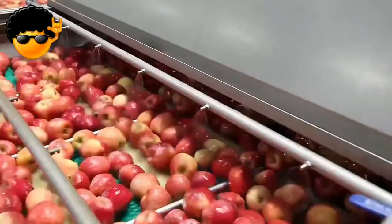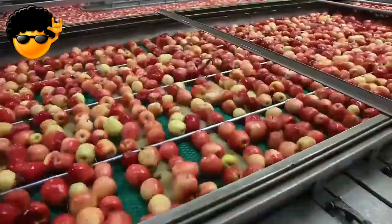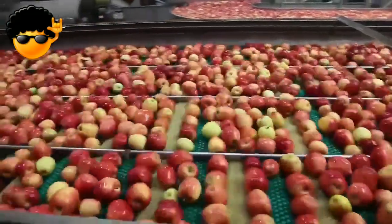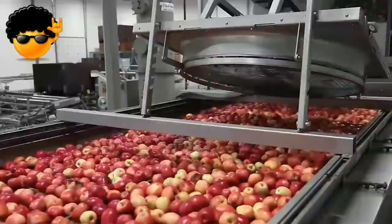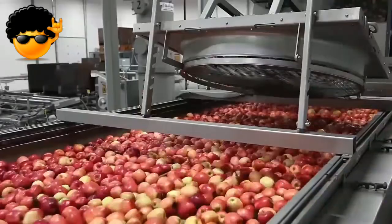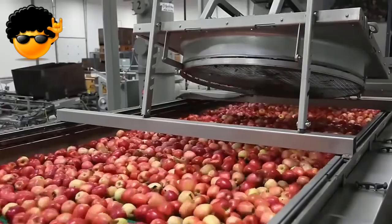Next step is our spray bar, where we apply a food grade soap to get the apples nice and clean and free of orchard residue and any other debris that we may pick up from the orchard. Run the apples underneath a shear fan to dry the apples completely, so now that they're clean and dry, they're